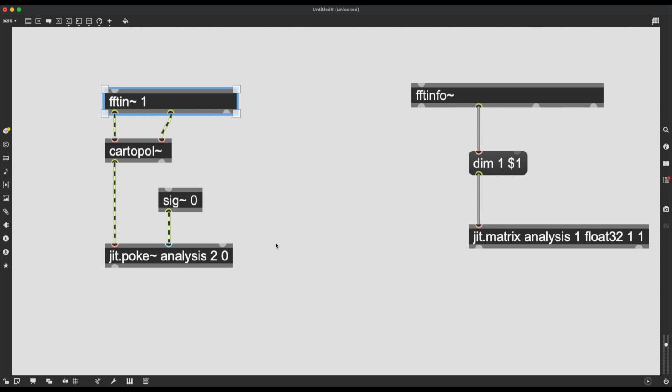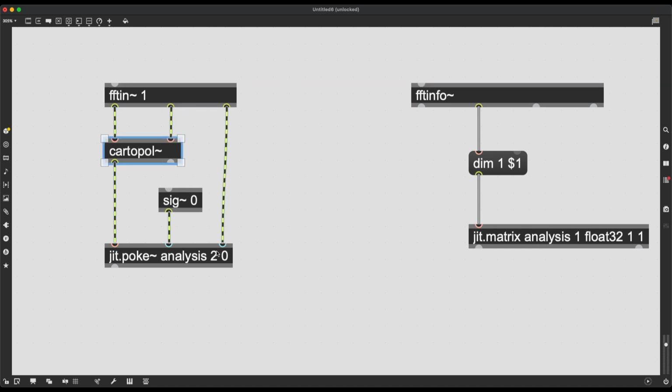So let's say I have a window size of 512. This is going to be 0, the first value 1, the second value 2, the third value 3, and so on and so on. So this makes it incredibly easy to write these values into the matrix,